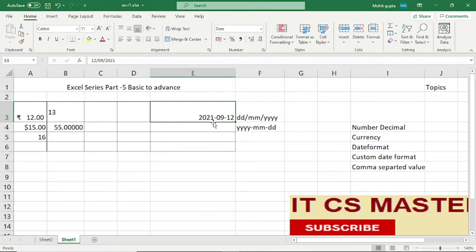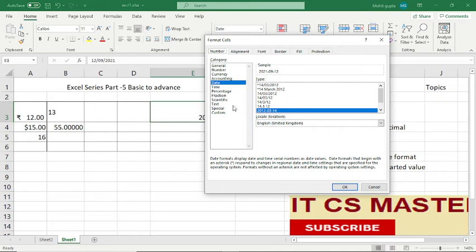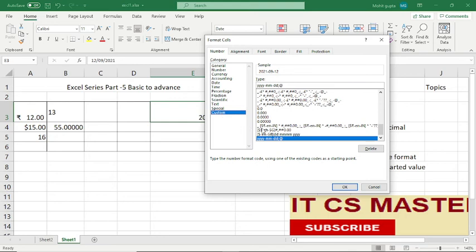If you want any custom format, you can create your own format. So again I go to Format Cells and here I select the Custom option. I need a format with timing.